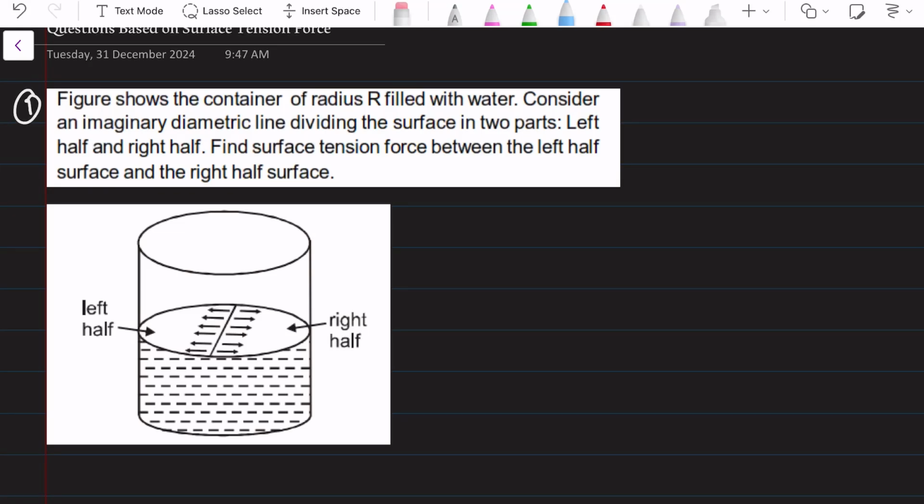Hi students, in this video we are going to discuss the questions of surface tension. We'll start from the very basic question and then slowly we'll increase the level of the questions. Now the first question is,